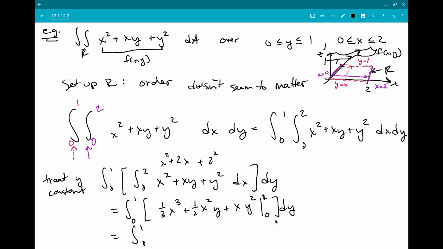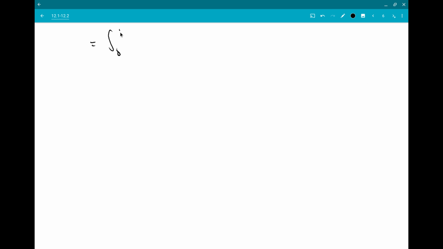I said I keep going until my first variable is gone. So I still have some x's here. I go ahead and plug in x equals 0 and 2. So I'll get 1/3 times 2 cubed plus 1/2 times 2 squared times y plus 2 times y squared, minus a bunch of things that are 0. In this step, you have to be careful. I'm integrating with respect to x, so I plug in my numbers only for x. I don't plug in any numbers for y. See, that y squared stayed where it was. That y stayed where it was. And so this is going to be, let's put it on the next page, equal to the integral from 0 to 1